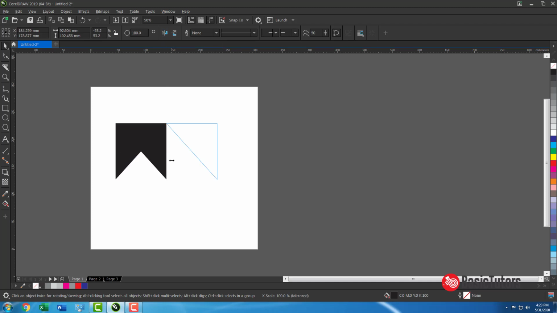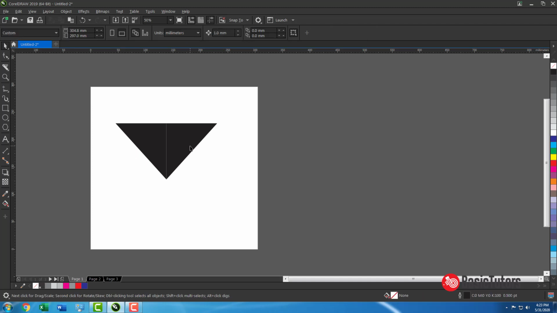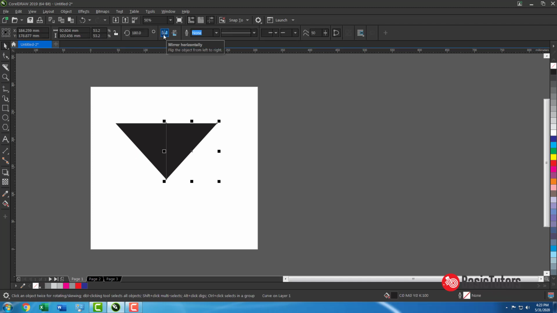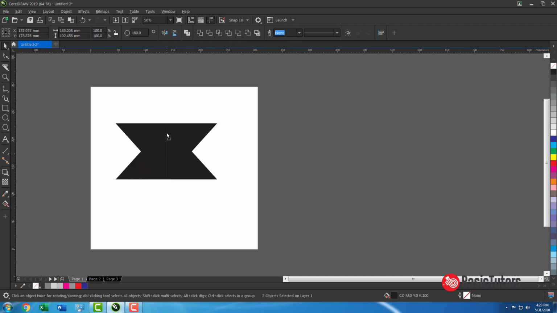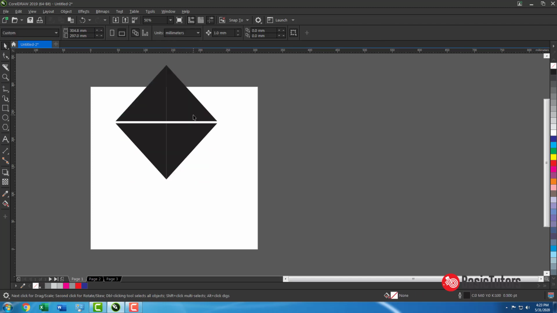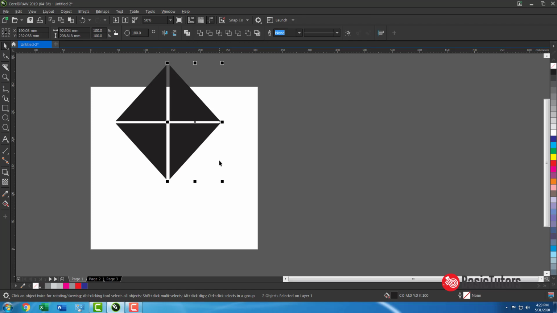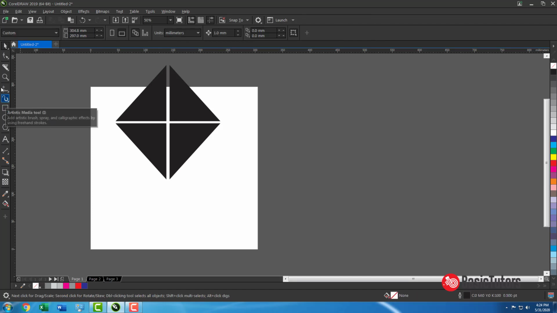See, it creates a shape like this. This is for mirror horizontally, and this one is for mirror vertically. I will make a duplicate and mirror vertically. This is for making a mirror.